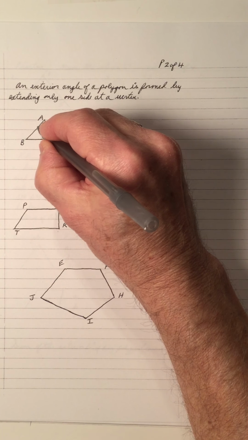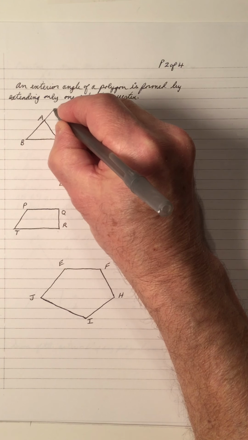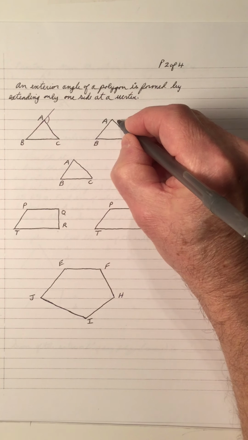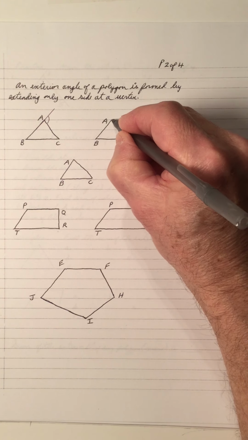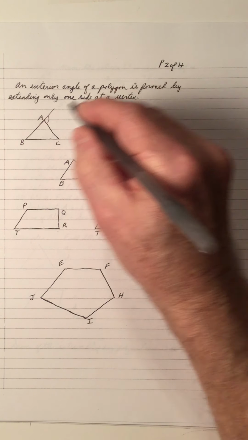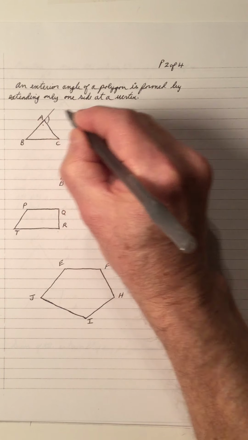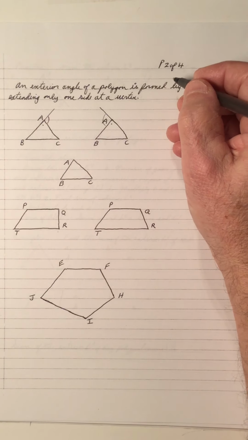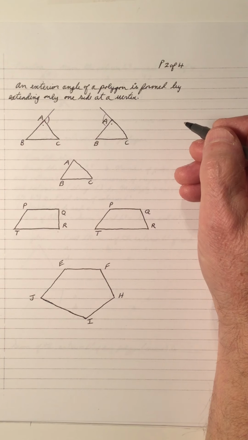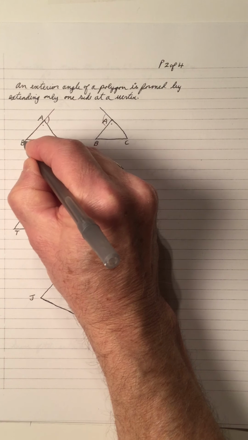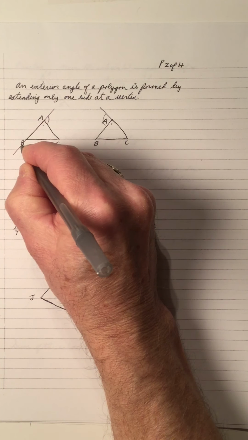So if I take A and extend it out there, then I have an angle. Or I can take A and extend this side out and get this exterior angle. Notice this is interior, that's exterior. That's exterior, that's interior. So there's only one interior and one exterior angle at a vertex in order to do what we're doing. And then at B, if I want to come down here and extend that out, then there's the exterior